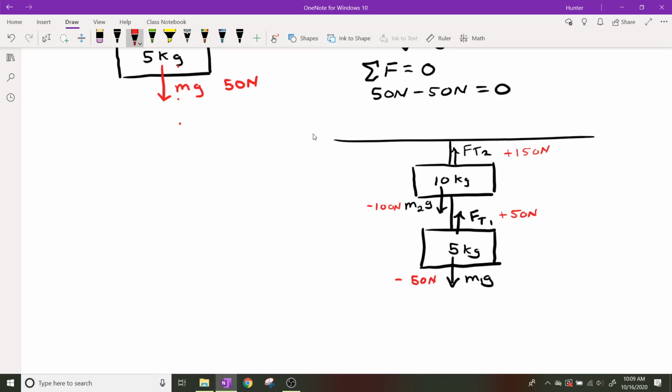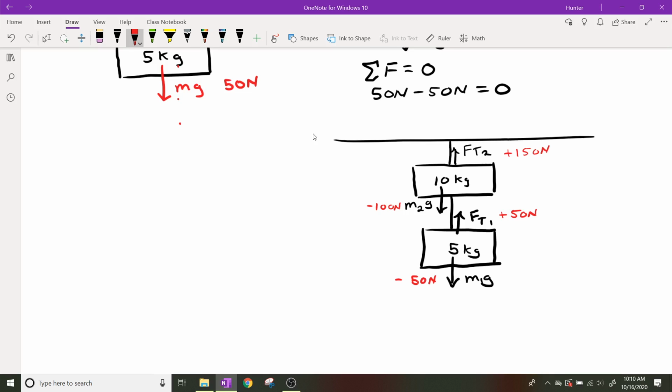Does this make mathematical sense? Explain to me how it makes mathematical sense. So the forces are not yet equal. Yeah, but you're right, because you're looking at the 50 newtons between the 5 kilogram and the 10 kilogram mass,